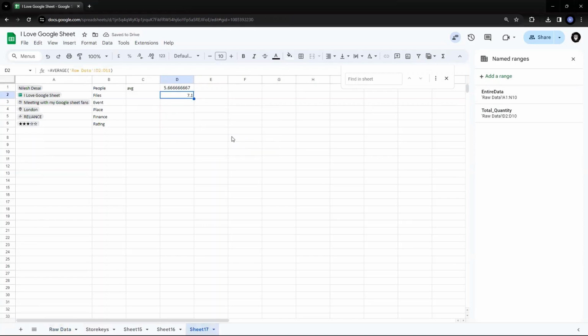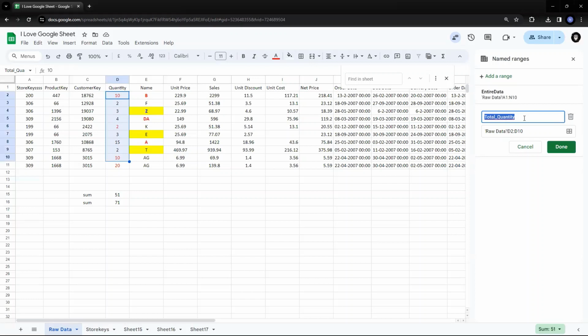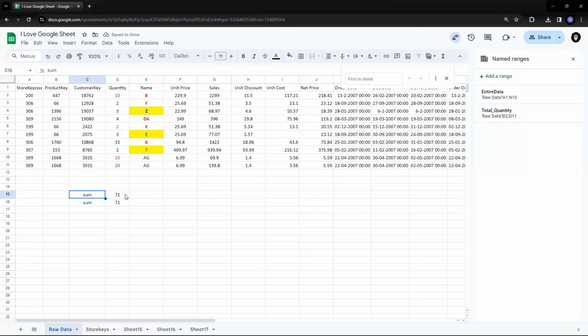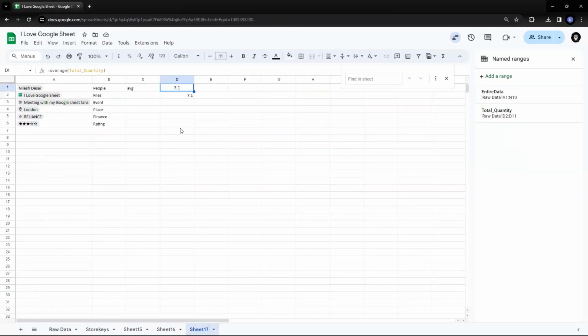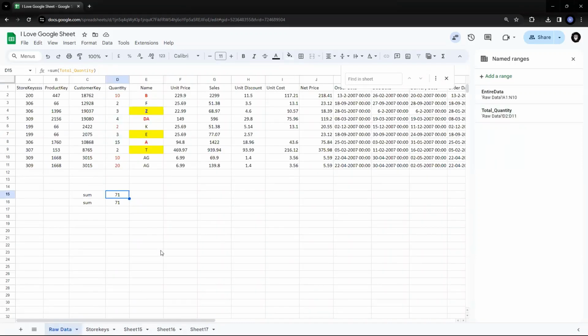Yes, but if I had a name range, I have to just go and change the cell reference. So I have to make it 11 here. Say done. It will change both. So it has changed my cell reference, the name range for sum, and it has also changed the name range for average. So this becomes very simple when you're working with formulas where you have a similar